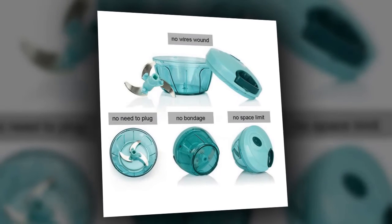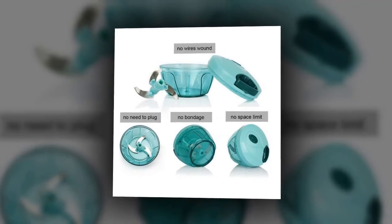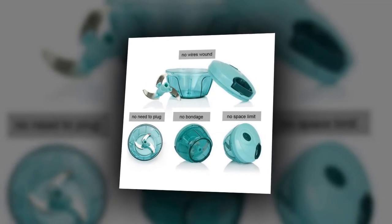This speedy manual food chopper will help you cut boneless meats, vegetables, fruits and nuts. Putting the food into the bowl and